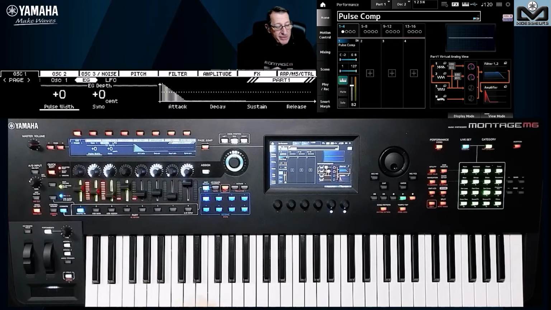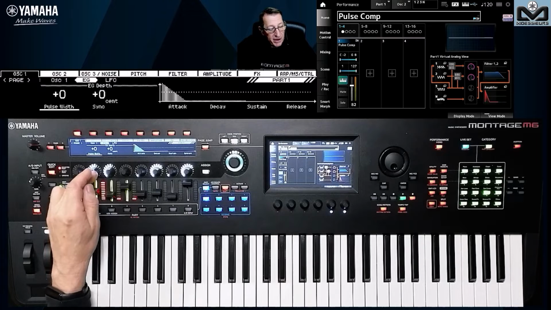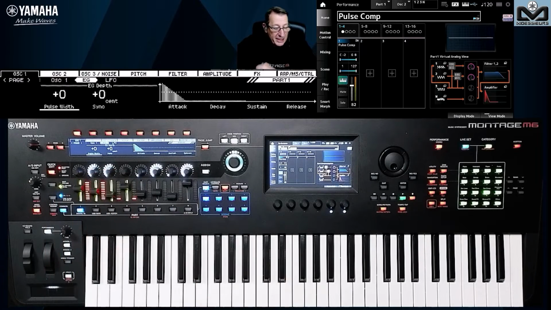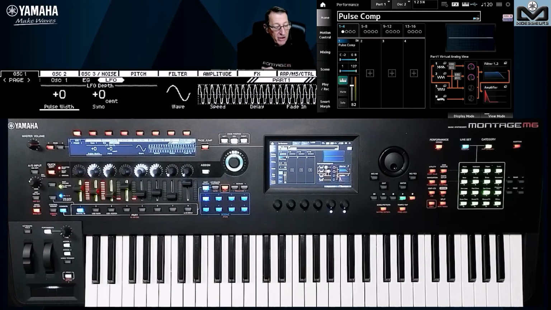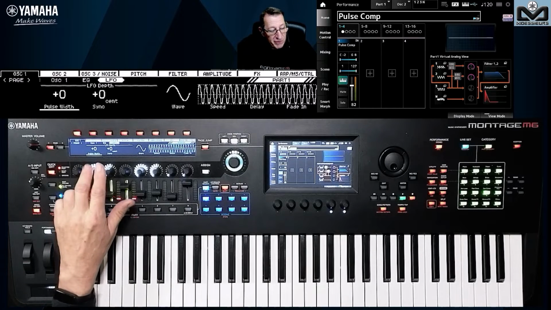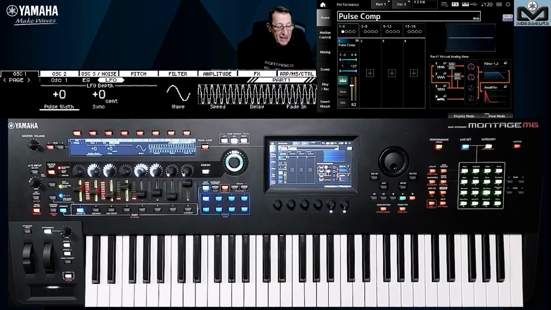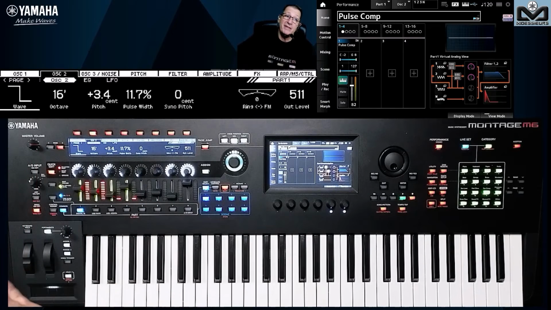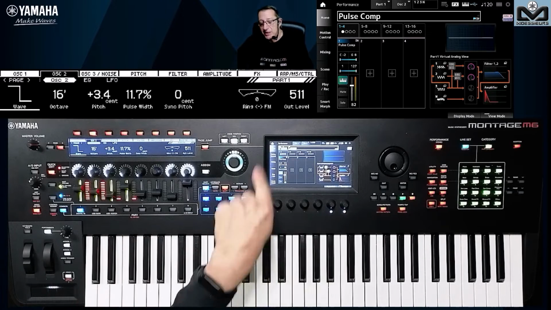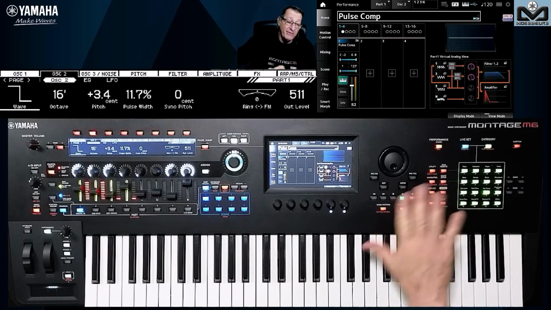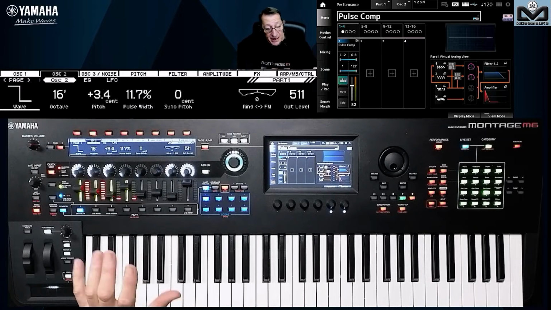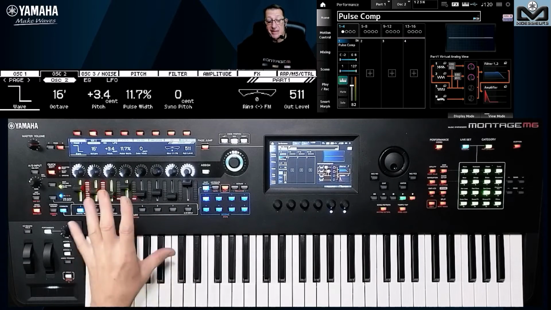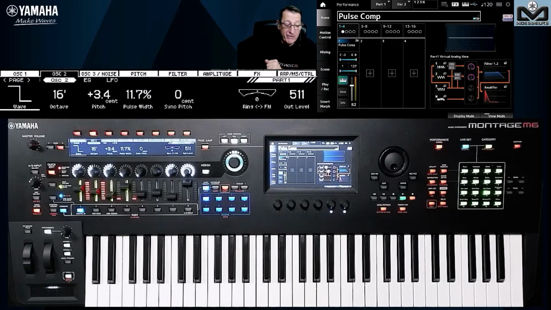If we go to the envelope generator, we can change the pulse width, the sync, and you have the attack, decay, sustain, release. On the low frequency oscillator, you have the pulse width, the sync, the wave, the speed, delay, and fade in. If we go to oscillator 2, we have the same settings. So it's really huge to have all of this on the subscreen. You do not need to search on the screen, even with Navigate. Navigate is very great to find things, but here we have a lot of things that you can edit on stage, live, and to prepare and edit your performances. That's very great, huge, and quick.